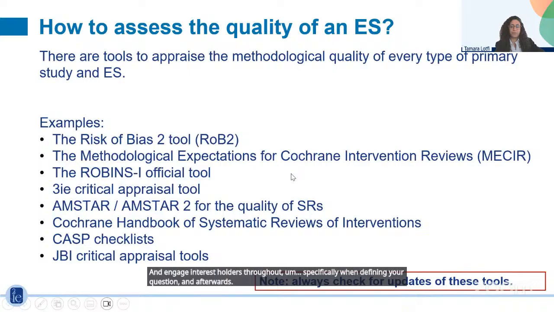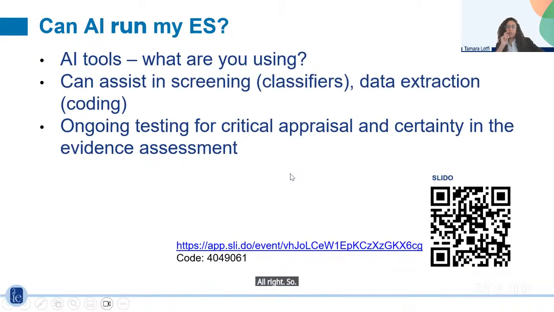All right. So what about AI? Can AI run my evidence synthesis? The answer is not at this stage.